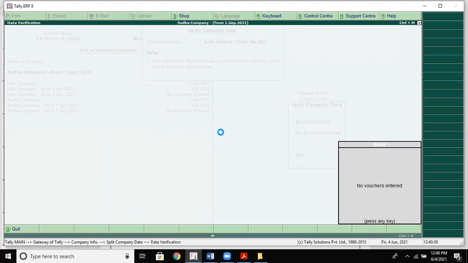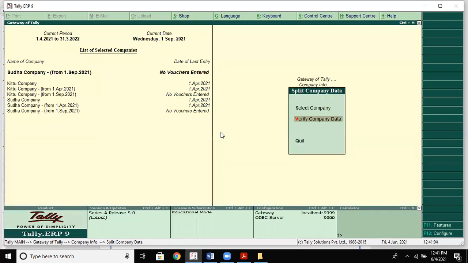Now it is going to enter your vouchers and masters. So in this way, it will be split.